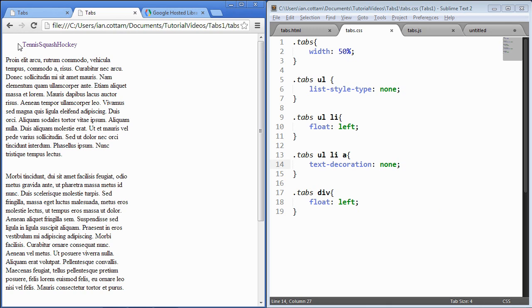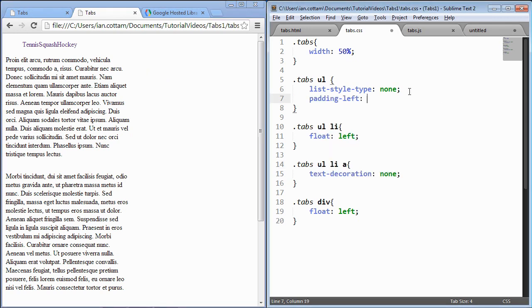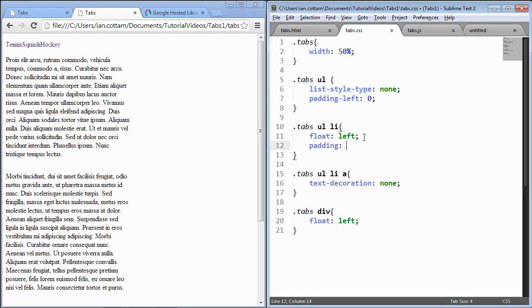Okay, and you can see that these titles are rendering slightly away from the side of the screen, and that's because there's some default styling on the unordered list itself, and we want to get rid of that. So let's do padding left of 0, and that's going to move it over. But we obviously want to space it out as well, so I'm going to put a padding on the list items. So here, let's apply padding 10 pixels, sorry, 5 pixels,